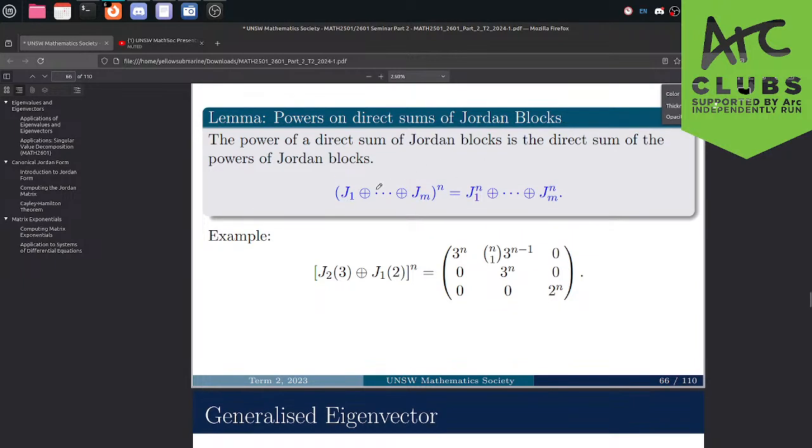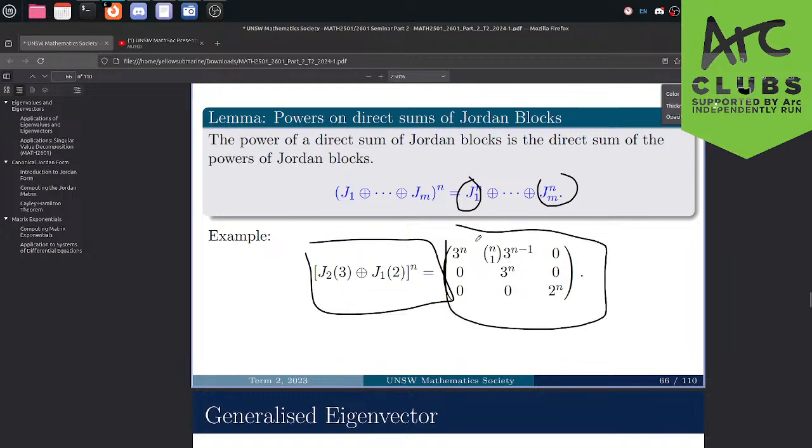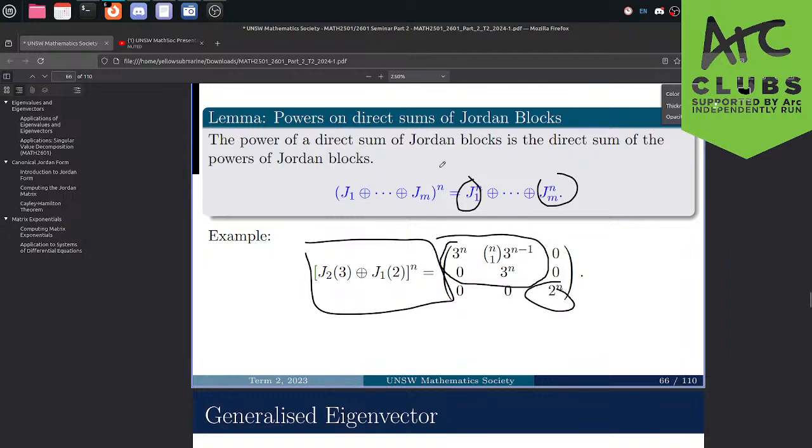And it turns out when we take the direct sum, this is really useful because when we compose Jordan blocks and we take them to the power of n, we can separate each of the exponents out to each of the Jordan blocks. So as an example, if we were to exponentiate this direct sum of Jordan blocks, we can exponentiate each of the parts. So instead of exponentiating the whole thing and getting something weird, we can just exponentiate this. And this is a consequence of the direct sum, the fact that it's on diagonal elements.